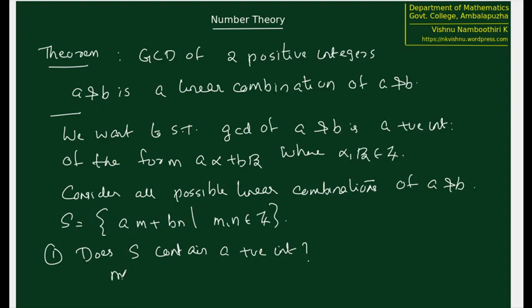Put M equal to 1, N equal to 0, then we get A belongs to S, and A is of course positive. Similarly, if we put M equal to 0, N equal to 1, we get B belongs to S. So A and B belong to S, and together these imply that S contains